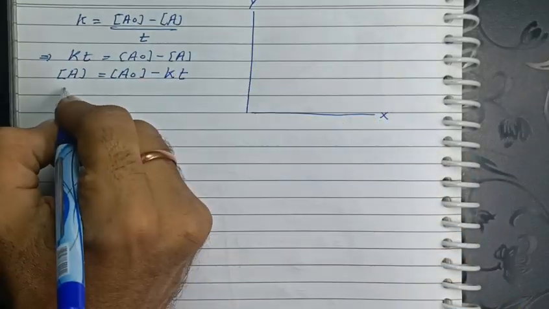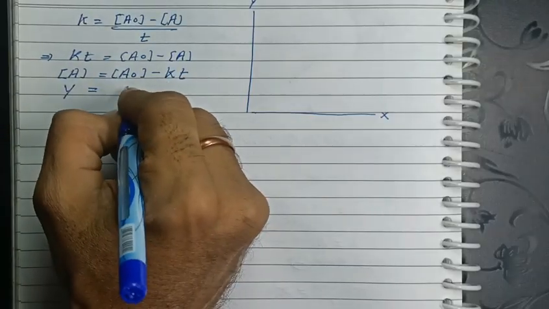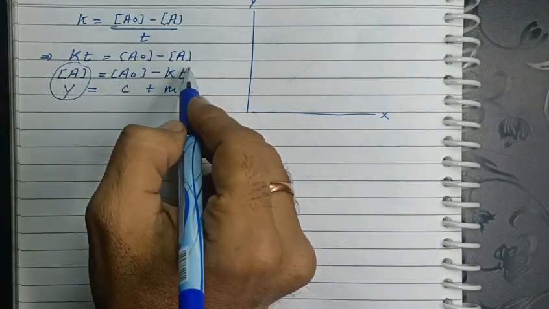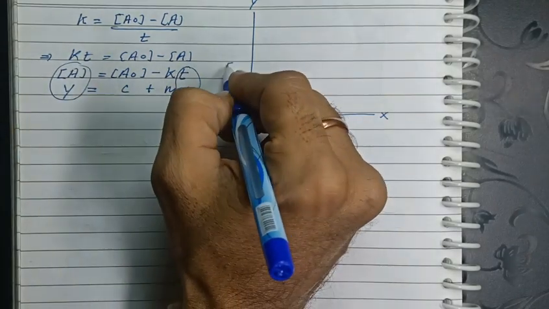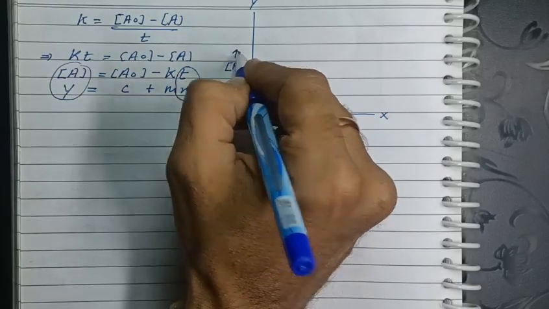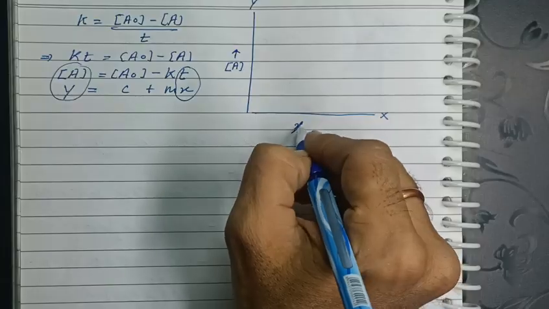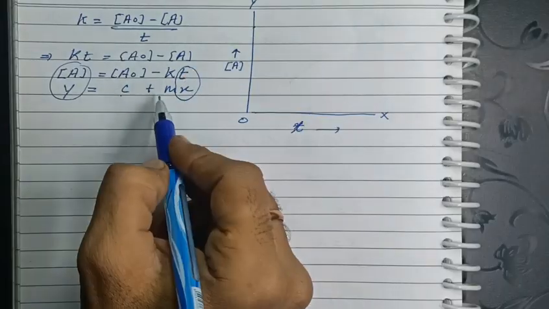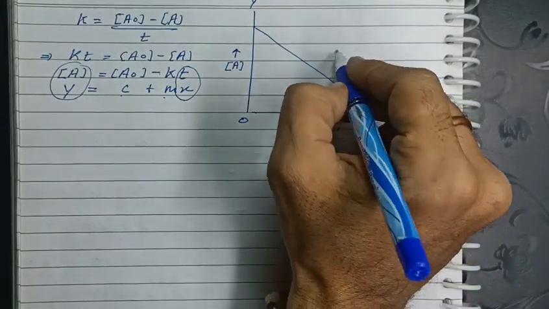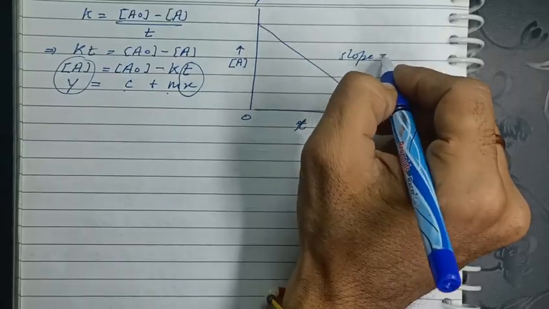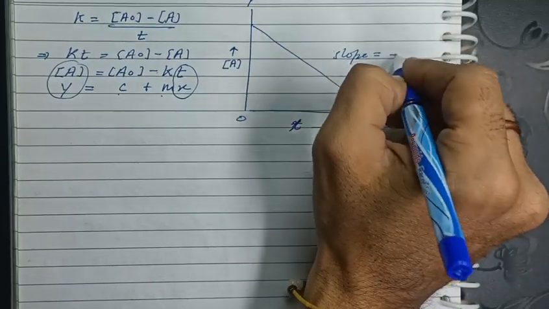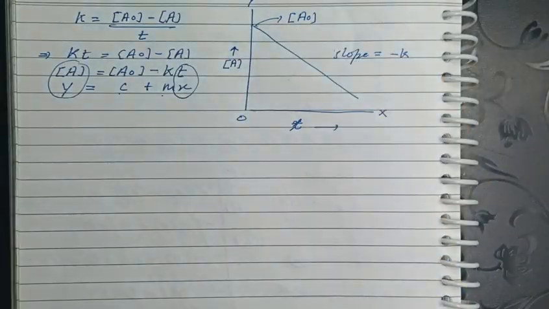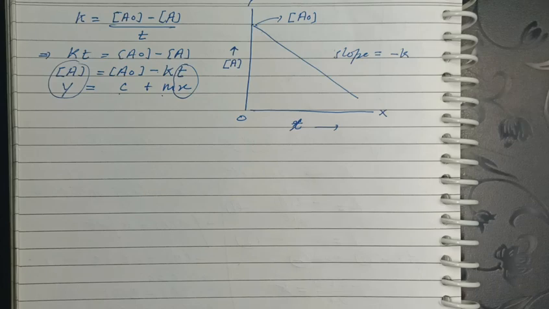X Y, फिर इक्वेट करते हैं बेटे, Y इज इक्वल टू C प्लस MX. Y कोऑर्डिनेट, this is X कोऑर्डिनेट. X कोऑर्डिनेट हमारे पास है t, 0। C की कुछ वैल्यू, ग्राफ ऊपर से शुरू होगा, स्लोप नेगेटिव है, ग्राफ नीचे आएगा। स्लोप है हमारे पास माइनस K, और ये वैल्यू आ गई हमारे पास A0। तो ये हो गया हमारे पास जीरो ऑर्डर का ग्राफ।